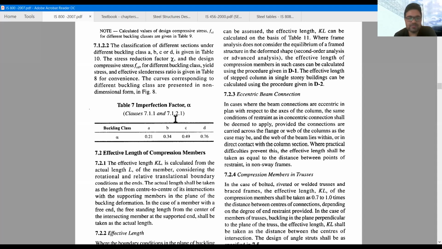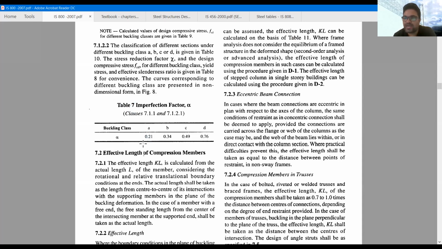So here this is Table 7, and it shows the imperfection factor, which is alpha. Now alpha depends on the buckling class. We are calculating lambda along the ZZ axis, and previously we found that our column will have buckling class A along the ZZ axis. So in this case, alpha value will be 0.21.